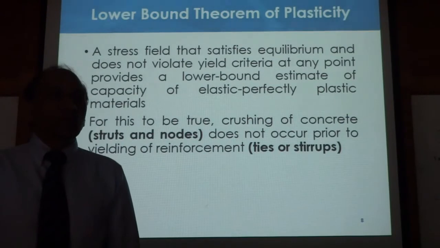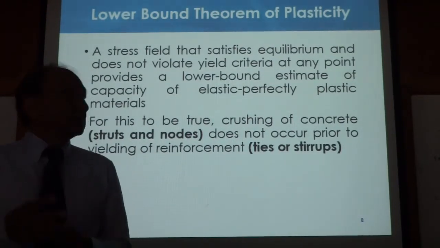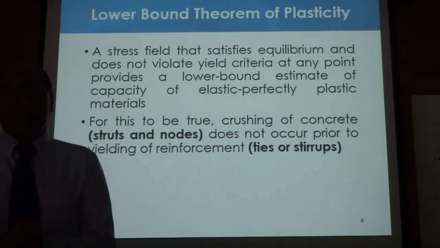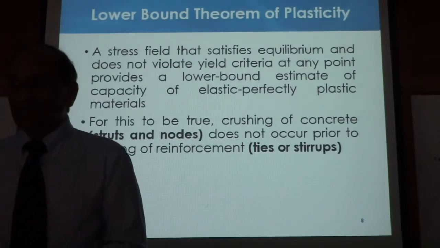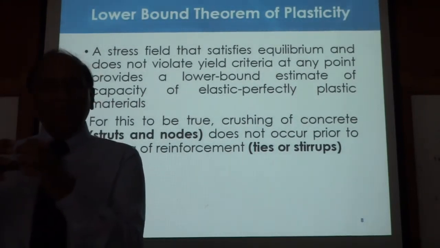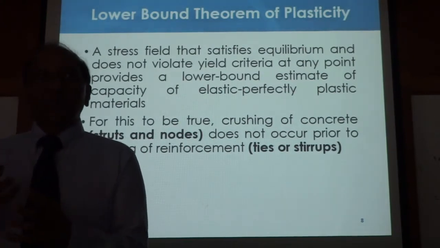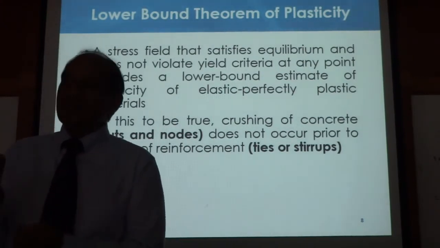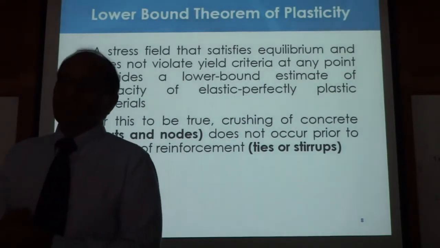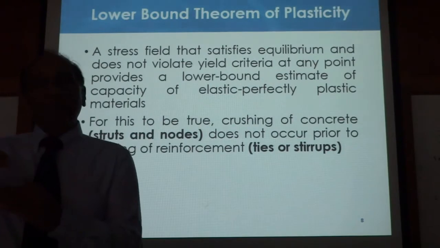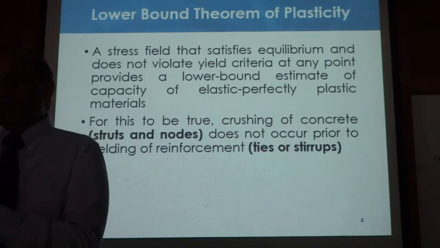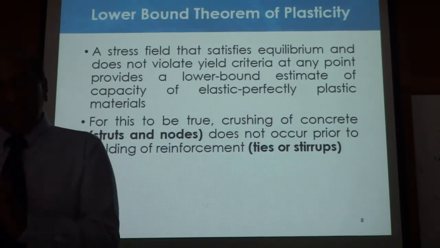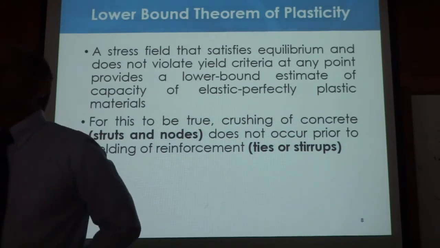So the elastic capacities that you get from that will be higher than the plastic capacity that you have gotten, because plasticity will only make the material flow on a certain location. So it's going to be a lower bound theorem. That means plasticity equations or plasticity concepts will give you the value which will be the least, actual will be higher than that. So if you calculate something based on the failure of a certain location, but in reality the actual capacity will always be larger than that.